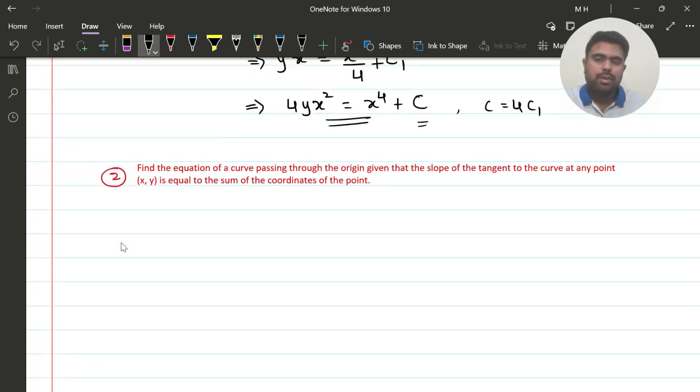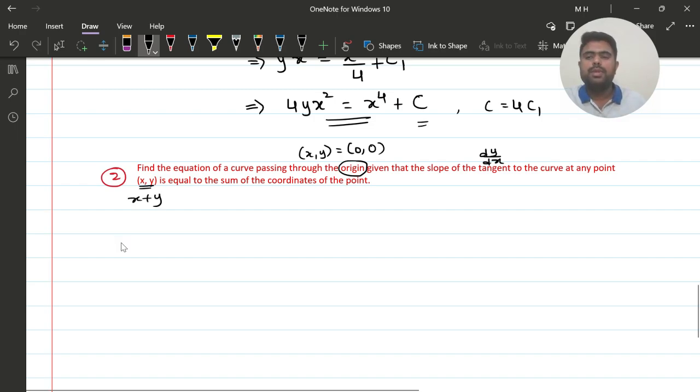Find the equation of a curve passing through the origin. Origin is a keyword. At the origin we will have x comma y equal to 0 comma 0, right? Given that the slope of the tangent, that is dy by dx, to the curve at any point x comma y is equal to the sum of the coordinates. What is x comma y? So the sum of the coordinates would be x plus y. So therefore we have